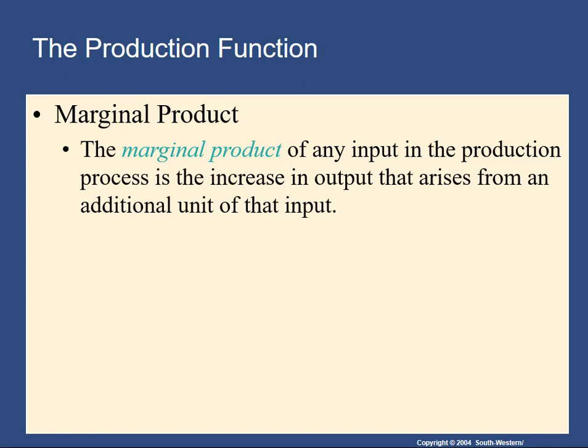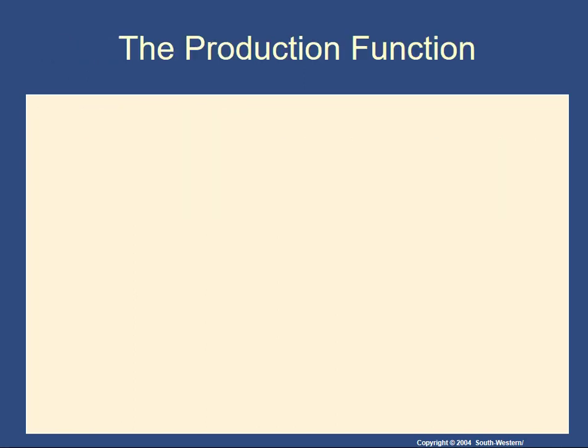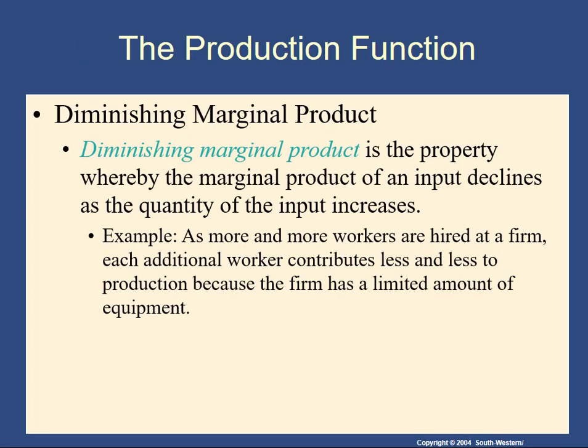Obviously, since the factory is fixed, it doesn't make sense to try to graph factory against output, because you just have one factory and different levels of output, so you won't have a standard sort of graph if you do that. But the big idea is that when firms produce more and more output, each additional unit of a variable input, in our example, we're going to talk about workers most of the time, brings less and less output to the firm.